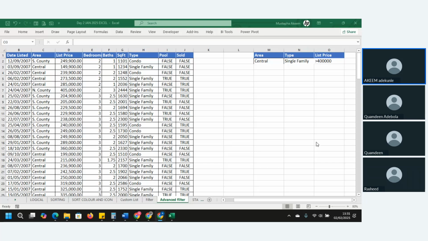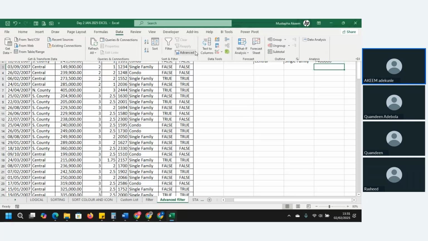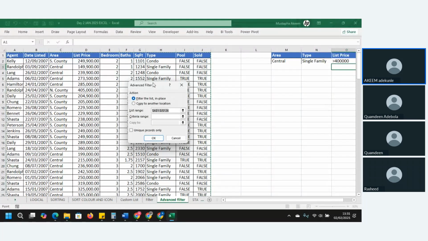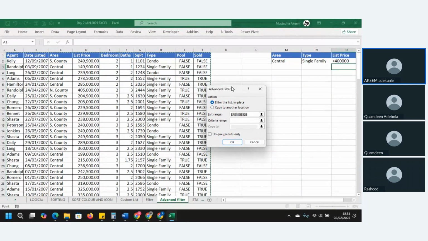Now let's quickly see how to execute this. Please look at my screen this time. Stop doing anything. This area is a bit technical. Once you get it, you get it. Look at my screen. Under the Data tab, we have Advanced filtering here. I'm going to click on Advanced filter now. Now we have some options here. What we want to do, number one,